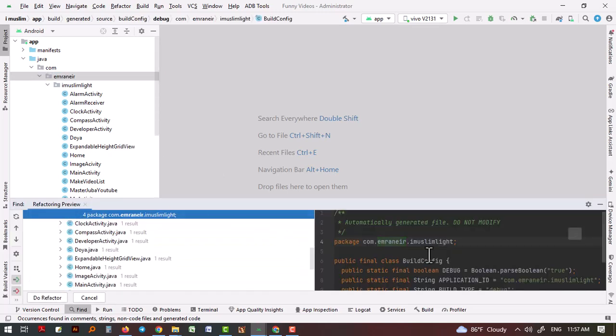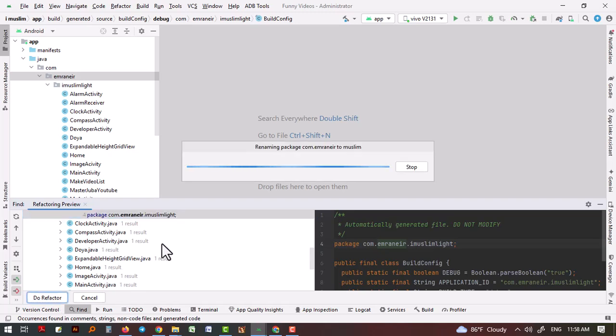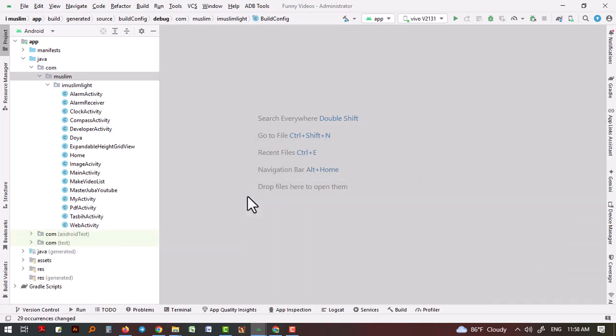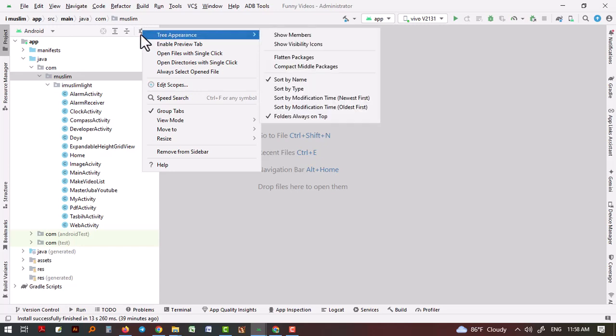We can see the search results here. Do Refactor. So we'll click it and change our package name. Now we can see